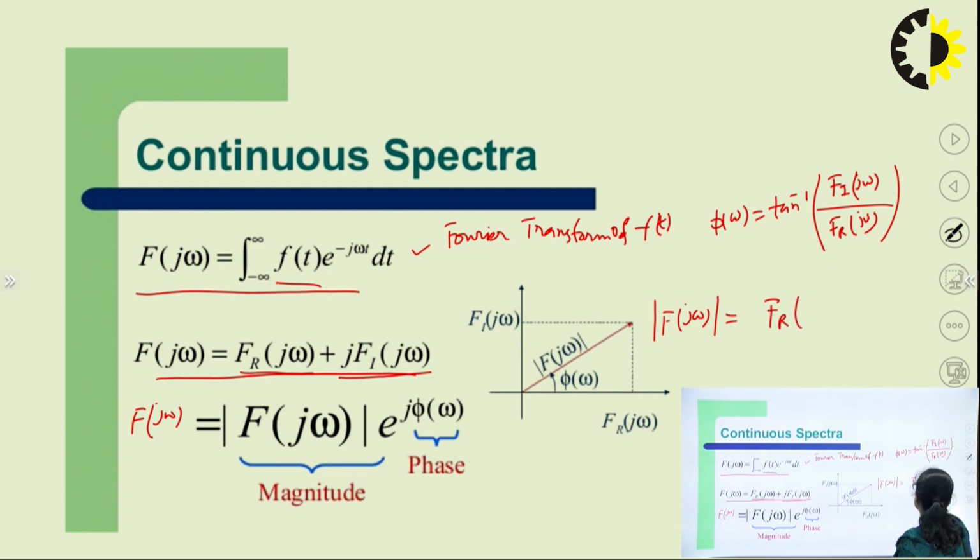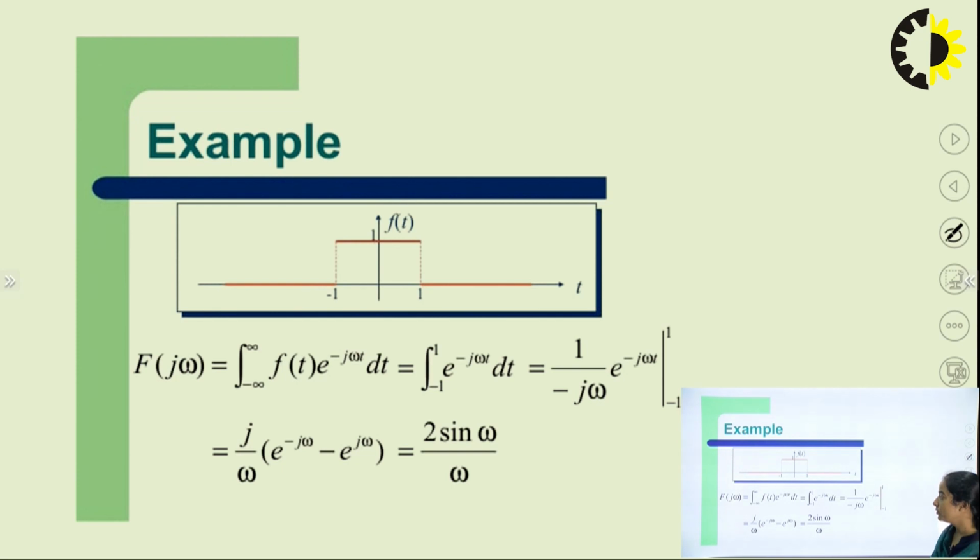The magnitude is the square root of Fr(jω)² plus Fi(jω)², and this is the phase. Now you can easily draw the spectrum. For example, if we take f(t) as 1, then